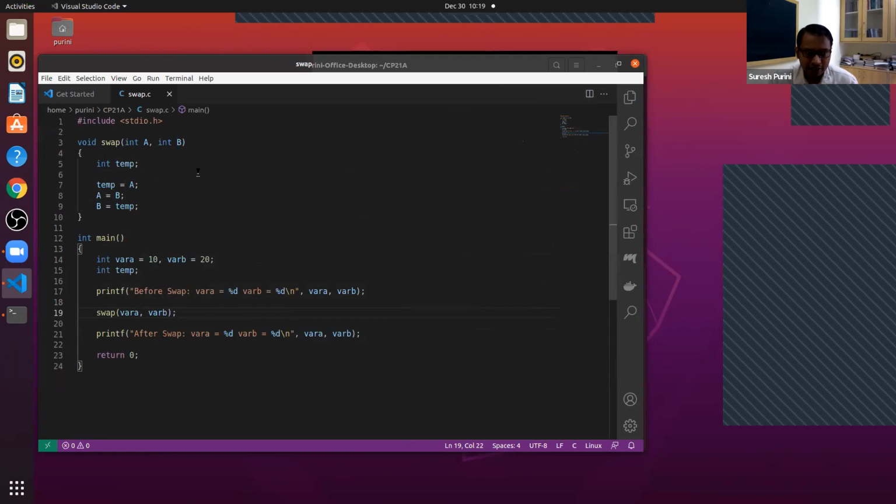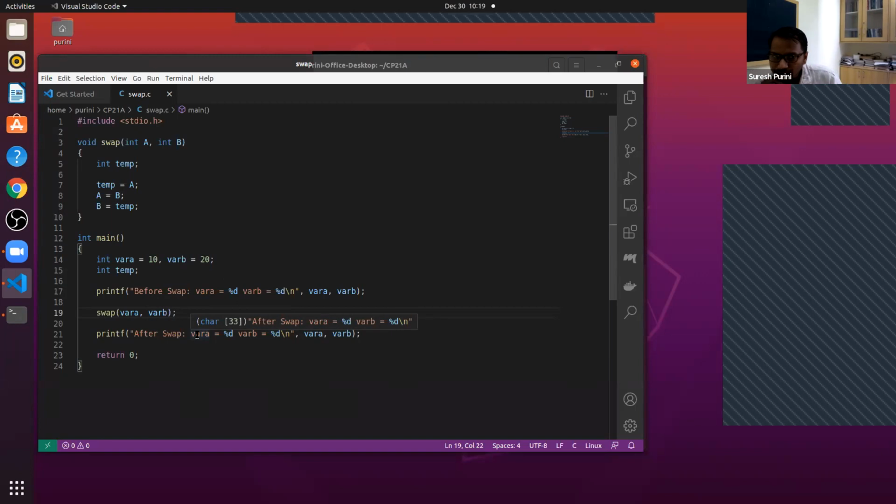Only the local variables inside will be swapped, but the original variables var a and var b will remain the same. What parameters are being passed to the swap function on line number 19? We pass the values 10 and 20.